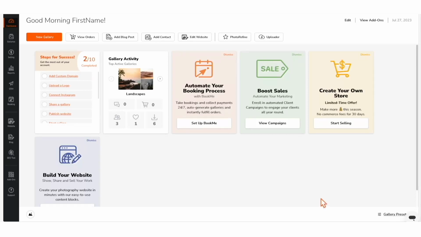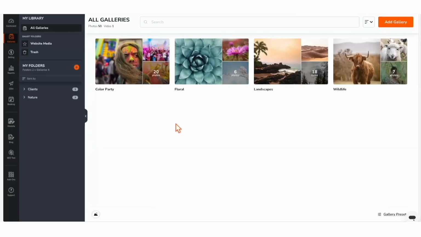To access the search feature from your dashboard, first click on Galleries in the toolbar on the far left. By default, this should bring you to the All Galleries group in your My Library panel. If not sent there by default, click All Galleries in the My Library panel on the left to return to it. Once in the All Galleries section, the search bar at the top can be used to search for your